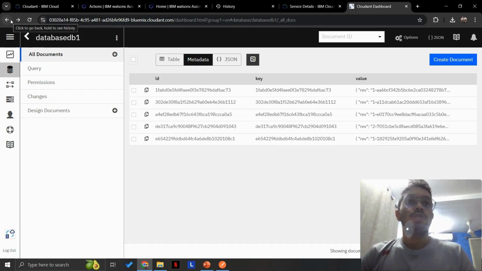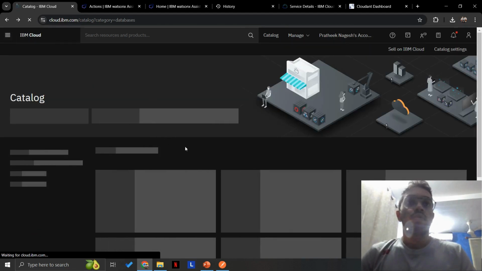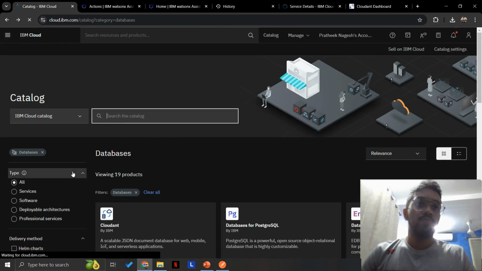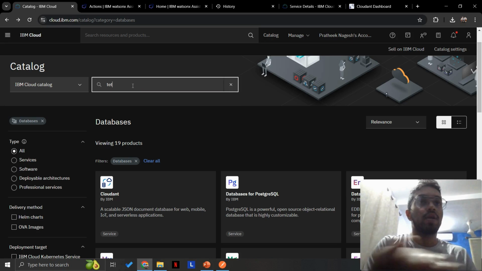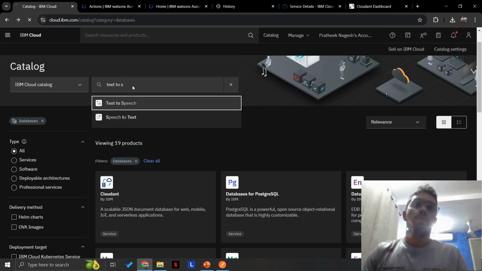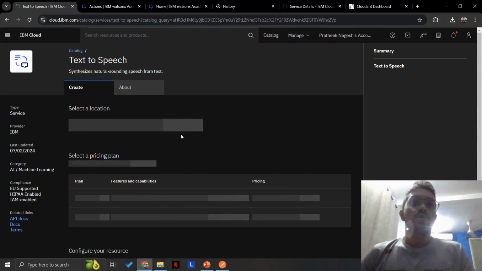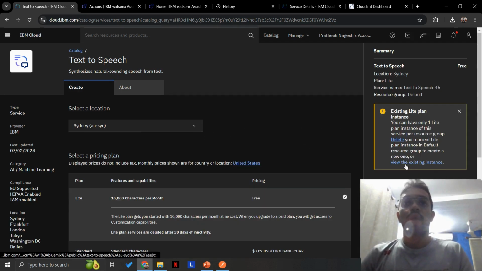And next I will be going into the text to speech. Text to speech comes under IBM Watson text to speech. So in the catalog, text to speech. So this is the text to speech, and as I told you, I have to have only one existing instance, and I've created it. So when I view the existing instance,